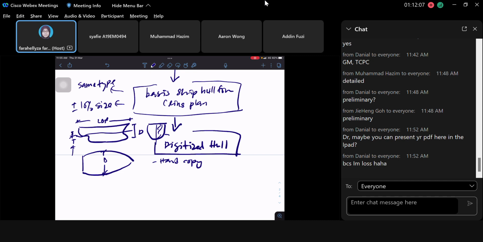Then the next one is basically using a soft copy line plan. This one should be easier. You can just import directly from AutoCAD, from SolidWorks, Rhino, whatever software that you can convert the line plan. With the soft copy, you can import that drawing and then we can convert it into